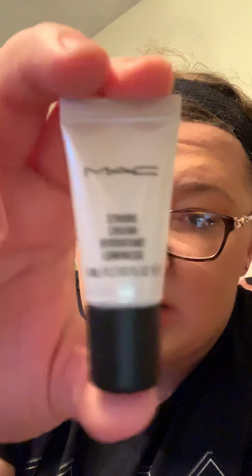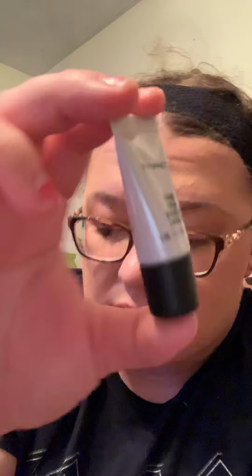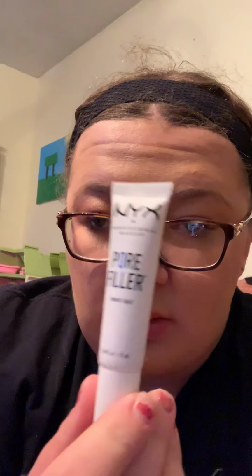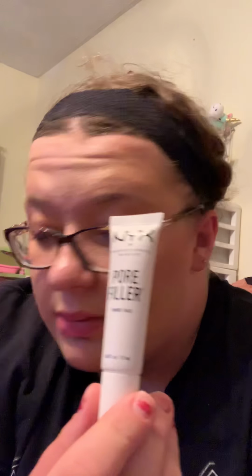And I got this little MAC Strobe Cream Hydrant Illuminizer, whatever this is called, from Ipsy. I think I used this once, so I'm going to put this back. And I have the NYX Pore Filler Primer. I love this stuff. Absolutely love it. I love the primers I showed you. And my mom has the Can't Stop, Won't Stop primer. So yeah. Right now we're going to move into concealers